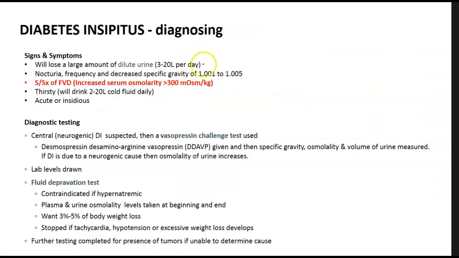Diagnosing, a lot of times you're going to see the amount of fluid coming out, nocturia, decreased specific urine gravity. You're going to have an increased serum osmolarity, like I said, where you'd have a lot of thirst going on, so make sure you remember your signs and symptoms of fluid volume deficit, or hypovolemia, so tachycardia,